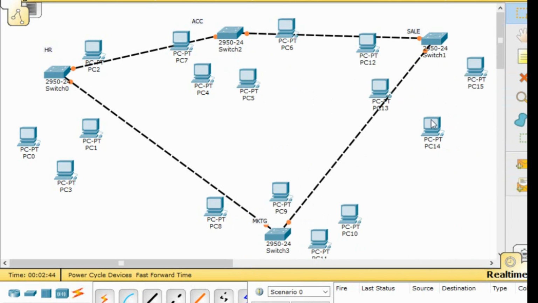So I have a fourth floor over here, right? The floors are connected with each other by the switches, and each department has 4 hosts, which are 4 computers: 1 person, 2 person, 3 person, 4 person. Now suppose Mr. Jack wants to send one file to Mr. Harry over here, right? So this is Mr. Jack, this is Mr. Harry. If Mr. Jack wants to send Mr. Harry a file, data, or any kind of resource,